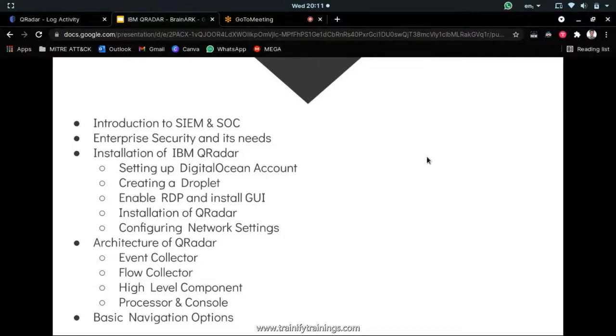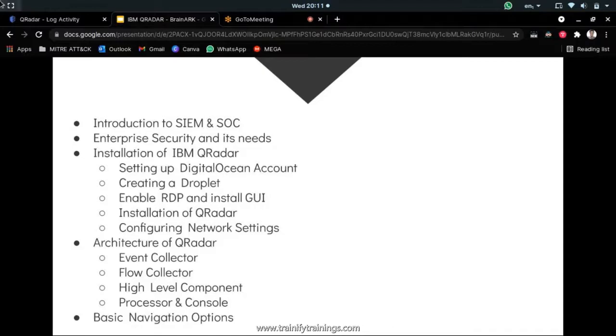Our ultimate goal is to make you understand the capability and the usability of the product in general. So that's the reason we will also be discussing in the course the architecture of Qradar, wherein we'll be understanding various components, and how Qradar is working in the backend, how the event collector is working. And this is very important from an interview perspective. If some of you are into HR, then you can ask these questions, or if some of you want to give an interview, then these are the questions that you can expect, such as how events are coming into the log